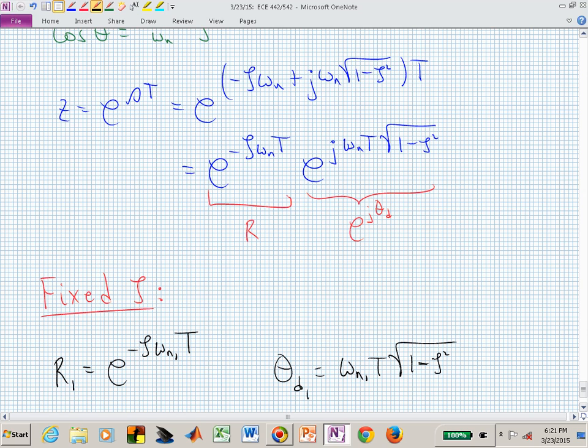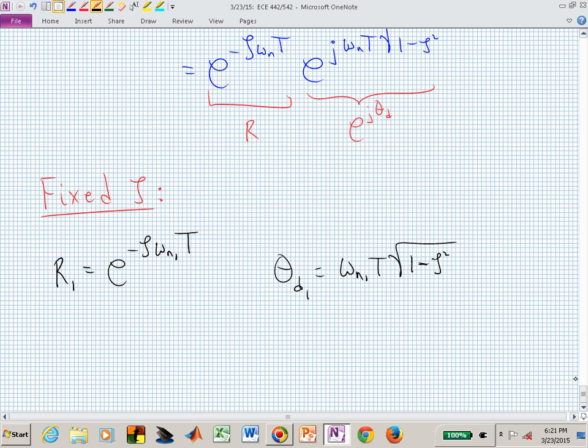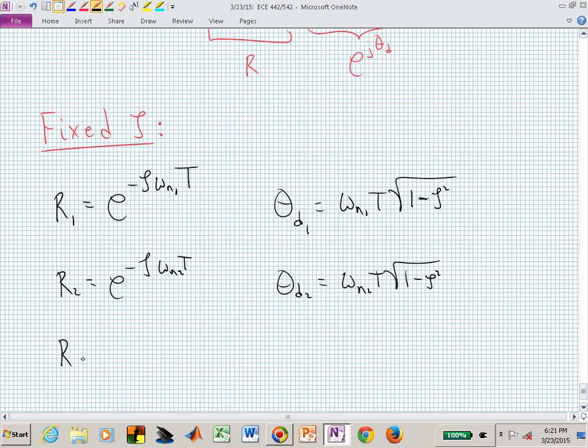That's always a number for a fixed zeta. If zeta is fixed and I start varying omega sub n, my radius and angle are both changing at the same time, maybe at different rates. Now you could pick R sub 2 is e to the minus zeta omega sub n sub 2 t, and theta sub d2 is omega sub n sub 2 t square root of 1 minus zeta squared. Let me just do this for the three specific values that I